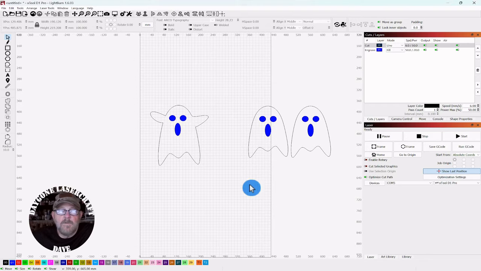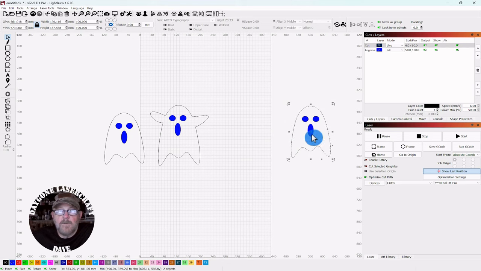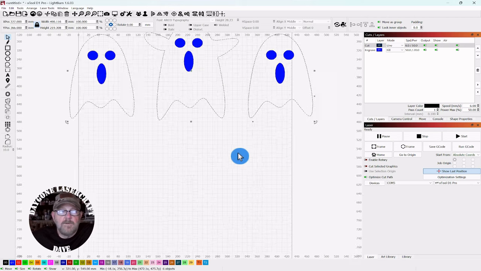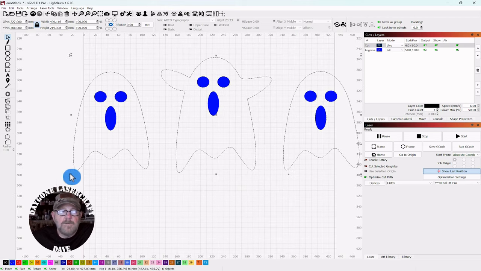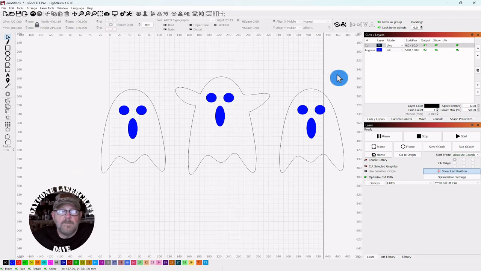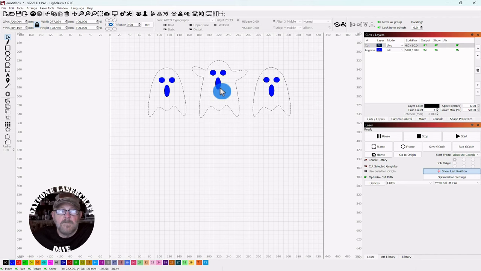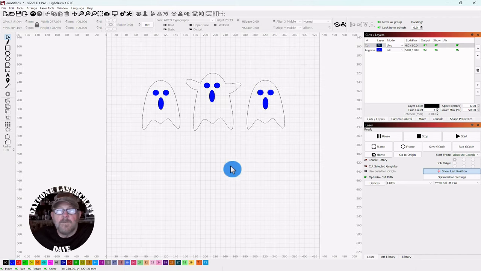Now let's get all of our ghosts together here. And we're going to put some lines on them and make them look more ghostly. Let me get this pulled up. I'm going to have to resize these a little bit to get them all together. Maybe. All right, so